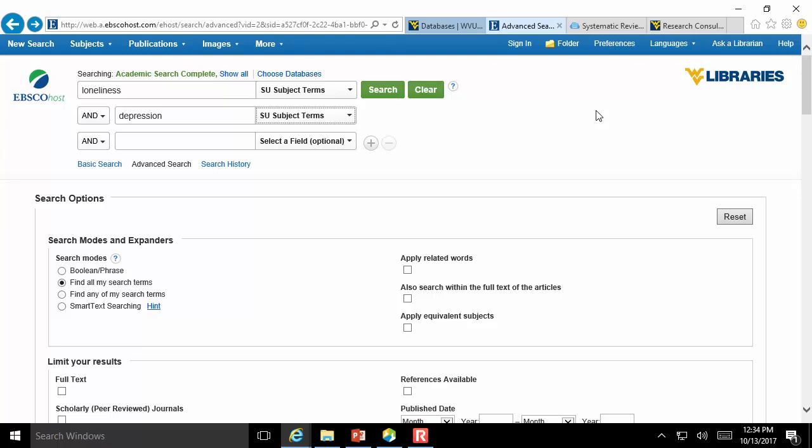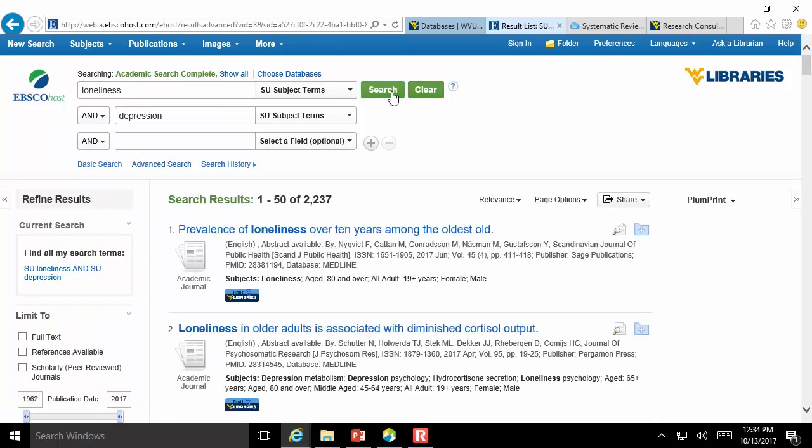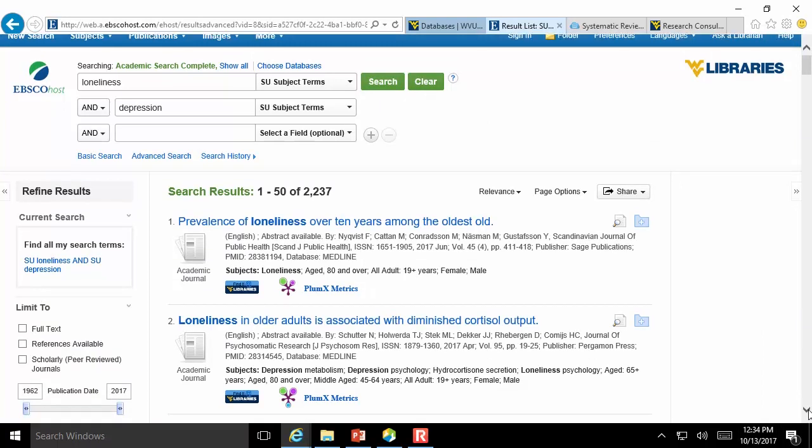Now I'm saying they're both approved subject terms, so I'm going to search only for articles that have loneliness and depression, and they've been classified in that way by subject terms in Medline. So that's pretty limiting. That'll be good. I will still get a lot of articles. Okay, so now I've got 2,000 articles, and then I have to go by my inclusion-exclusion criteria to see what